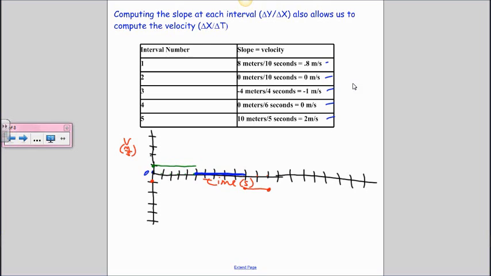The next leg, how fast was he going? 0. So again, we're at 0, right here. And he was there for 6 seconds. So 2, 4,